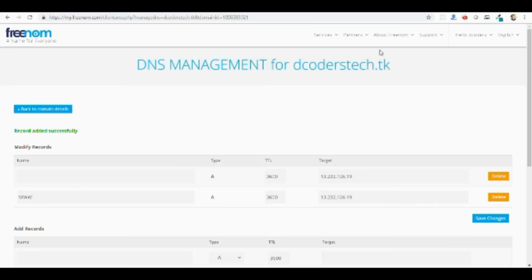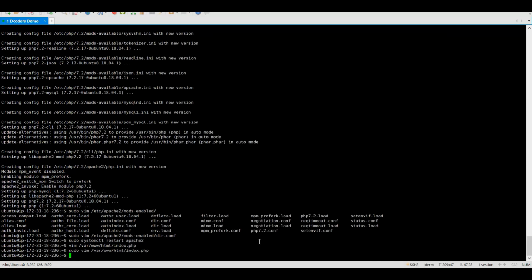In this video, I'm going to show how to add a lifetime SSL certificate for your Apache 2 website using Let's Encrypt. For this, I have a domain, decoders.tk, which was configured and is free now. First, let me show you how to configure the virtual host so that it will serve a web page for that particular domain. So I'm going to create a new config file for Apache in the sites-available directory